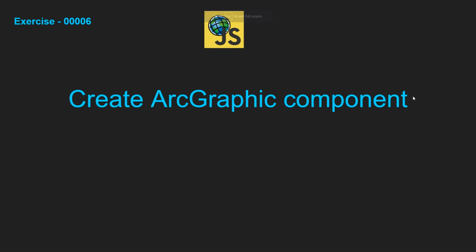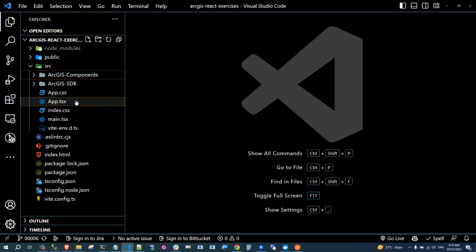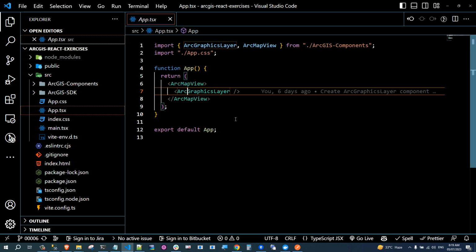Create ArcGraphic component in exercise 6. Let's move to the branch 6 and check what we have to create ArcGraphic. I ran the project and I got this map rendered, and I have a graphic layer, and there is a marker rendered also. So all that rendered through GraphicsLayer. Let's check in the app, graphic layer,